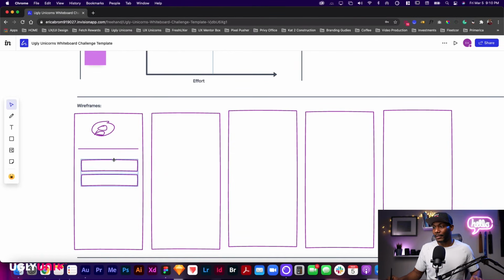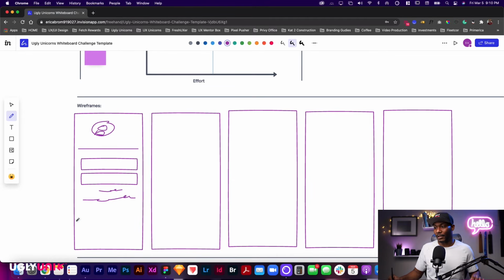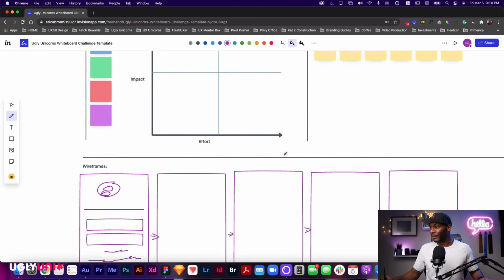And then you can just drag these up. This could be a login flow. And then you can come in here and this could be some words or whatever. And if you already have an account, you can click here. You can make a keyboard. Boom. This is a keyboard. This is the best keyboard you've ever seen. And what I like to do is draw arrows to show the progression,